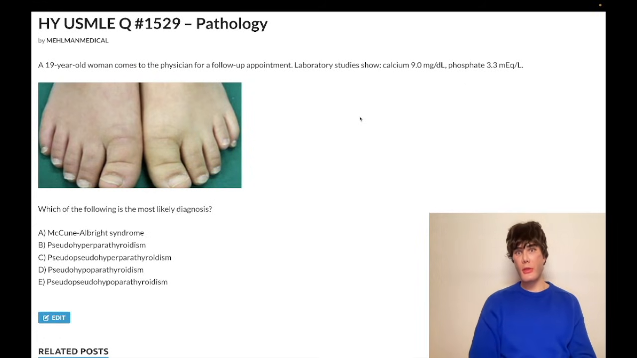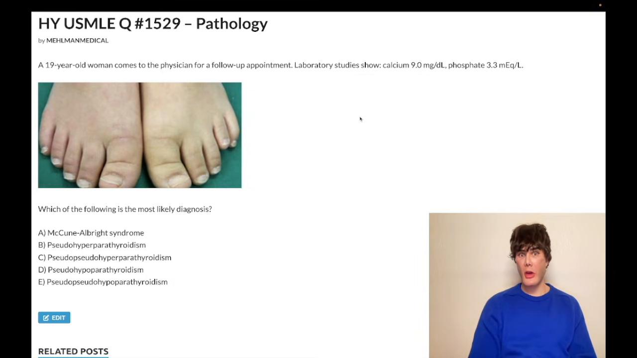How's it going, guys? We have a difficult question for pathology. 19-year-old woman. Laboratory studies show normal calcium at 9, should be 8.4 to 10.2. Phosphate, normal 3.3, should be 3 to 4.5. The image is showing us the left foot, which is the right side of the image, has brachydactyly, so shortened,